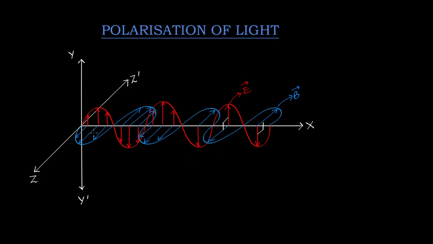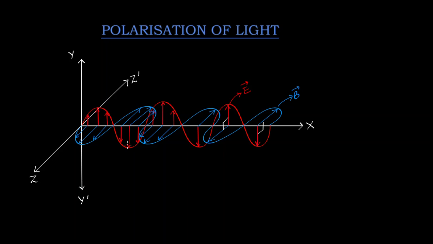So in this figure you can see that the red transverse wave out here, this is the vibration of the electric field E. And the electric field is vibrating along the y-axis. You can see these arrows out here. These arrows are called the electric field vectors. Okay, so the electric field, as the wave is propagating along the x-axis, the electric field vectors are vibrating along